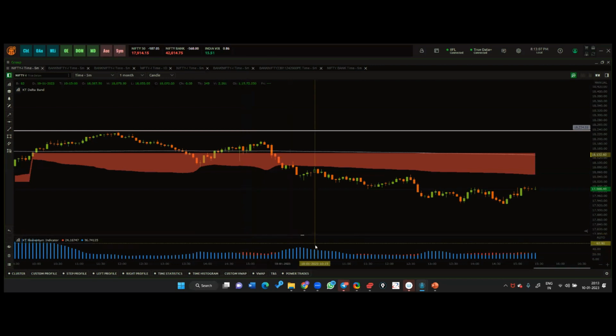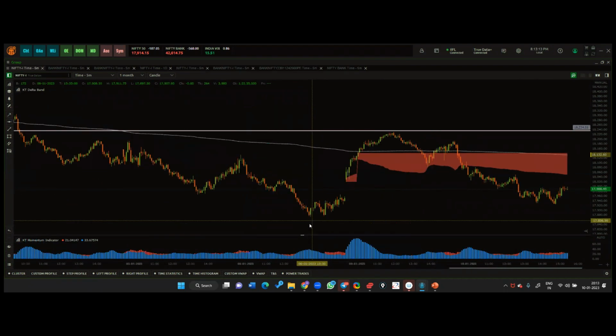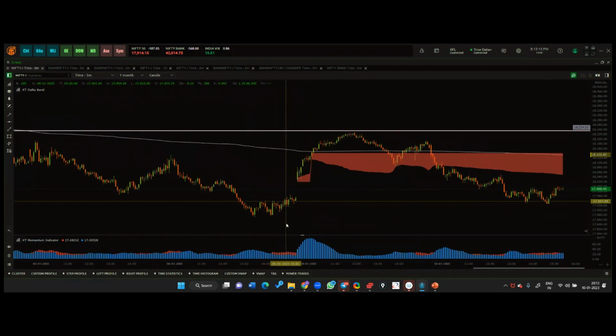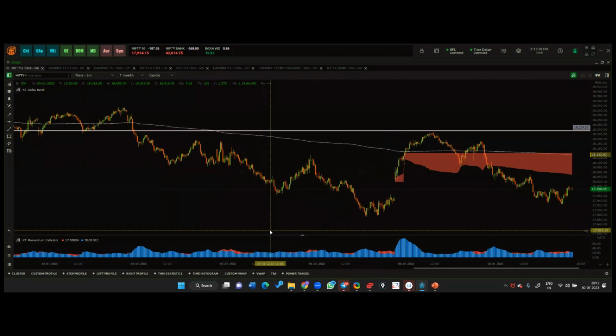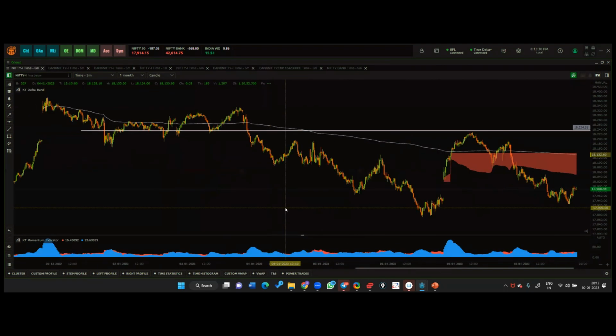And if someone is already in an open position, back to back six red bars implies a trader should get out. If you look at this, for example, on Friday, this is where a lot of choppiness was there. You can see the bar tips are red. During a trending move, you can see that the bars are low. Again, this is a leading indicator, unlike other momentum indicators, that shows what is happening and what is expected to happen. Again, during the entire down move, the bar tips are blue,